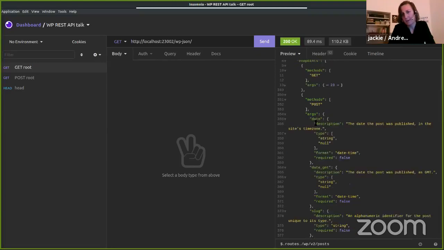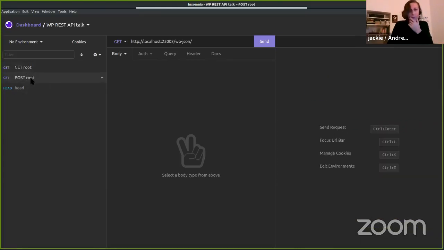And the arguments actually describe the parameters I can use. It's really the same description you find in the handbook. So this is all there, and it also tells you if it's required or not. And for example, I didn't find the info in the handbook or in the endpoint reference if the parameter is required or not. I only found it here. But yeah, let's first start, no, we want to do a GET on posts just to see what is there.